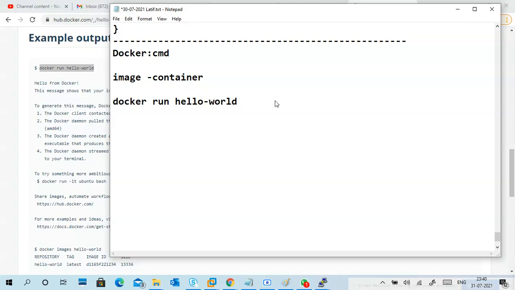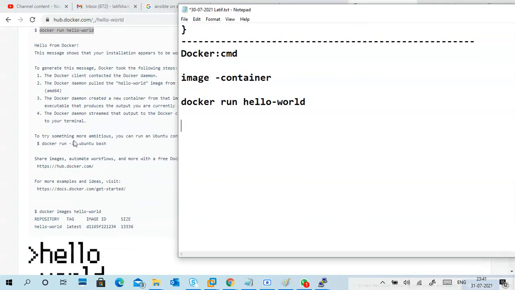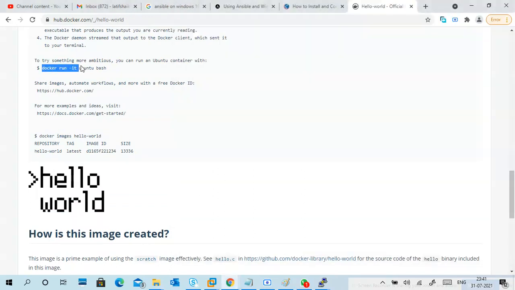When you put run, it verifies whether this image is there or not. If the image is not available, it downloads it automatically and runs the image. Otherwise, you can use both things, like docker pull and then docker run. Both we can use. This is the first one. Next one, when you run this, it will show you how to run Docker Ubuntu.